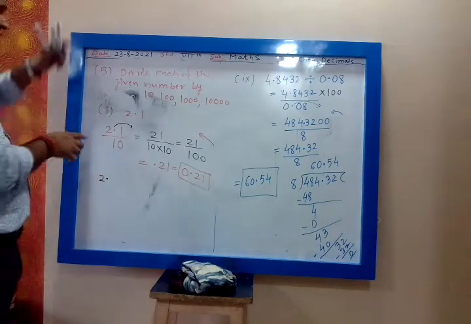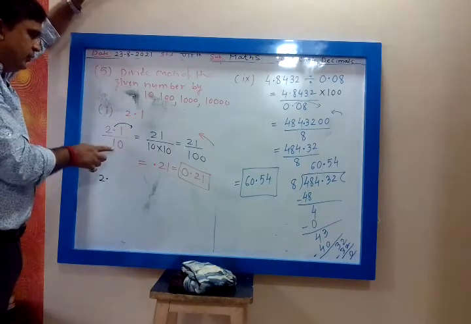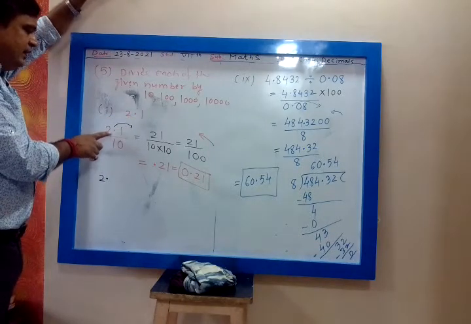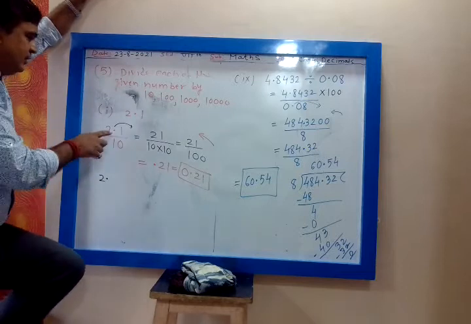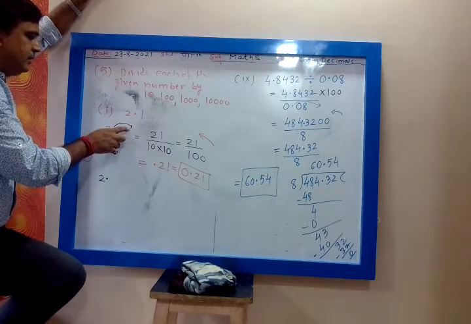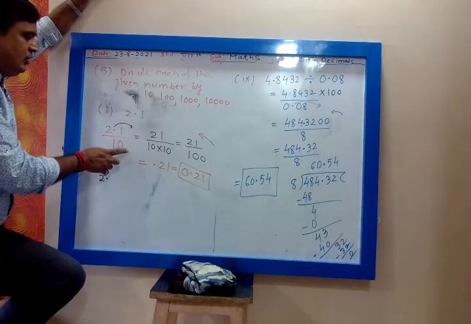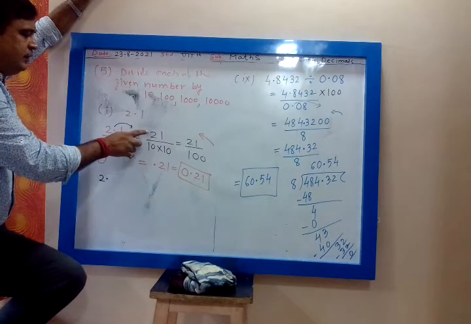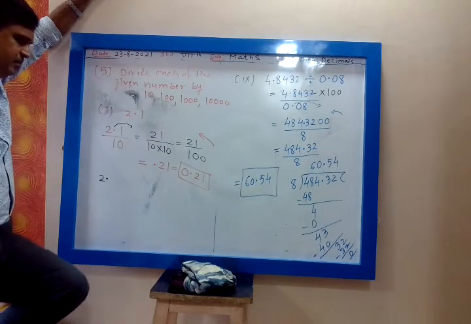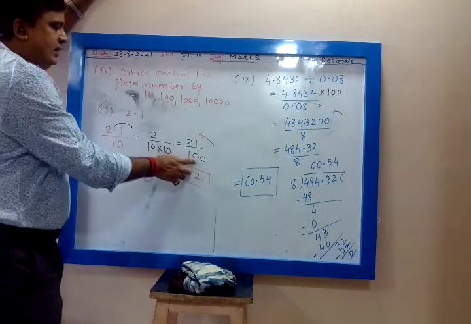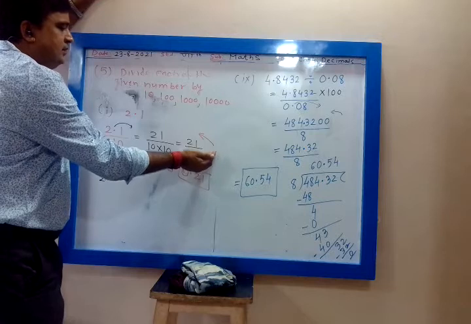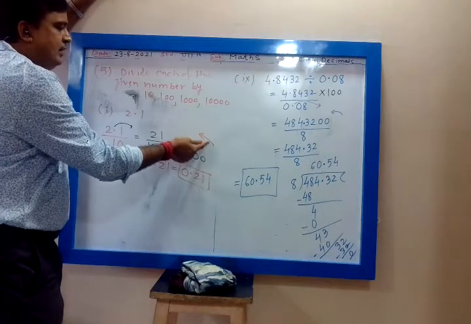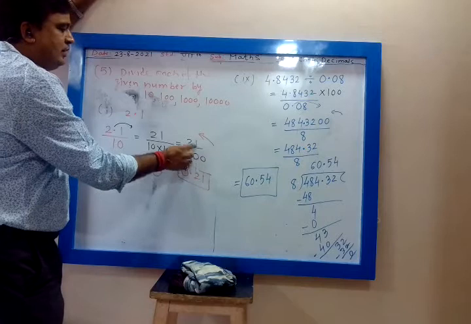One more time. Now 2.1 we want to divide by 10. Now decimal is there in which part? In numerator part. Correct? So when you will remove the decimal, you have to multiply by 10 in the denominator. So that becomes 21 upon 100. Now there are 2 zeros. So move from right and place the decimal after 2 digits because there are 2 zeros.